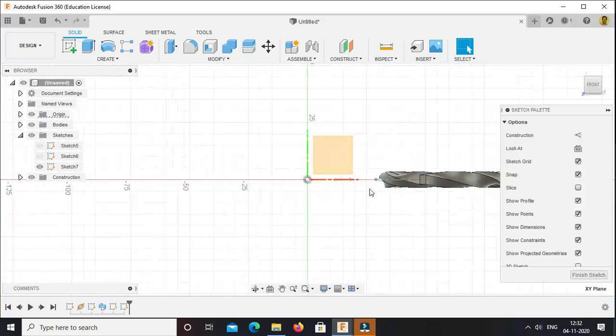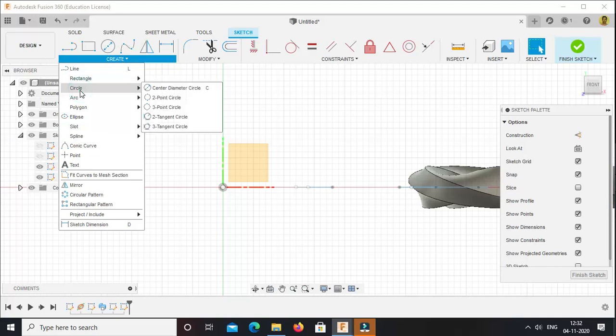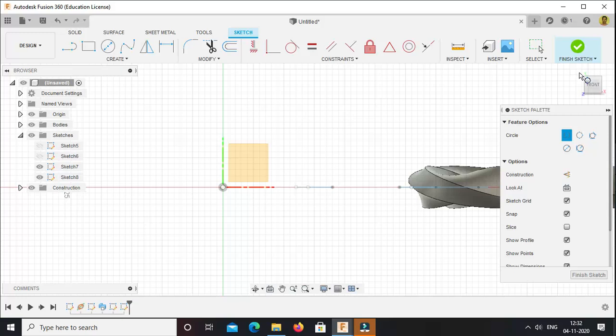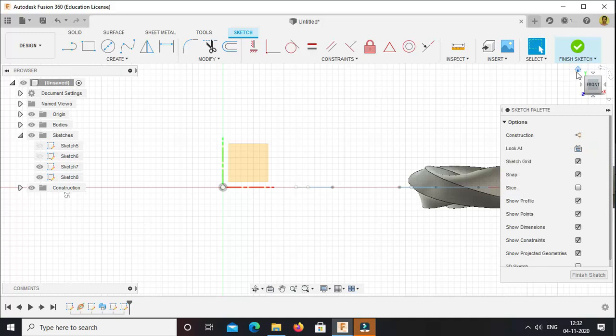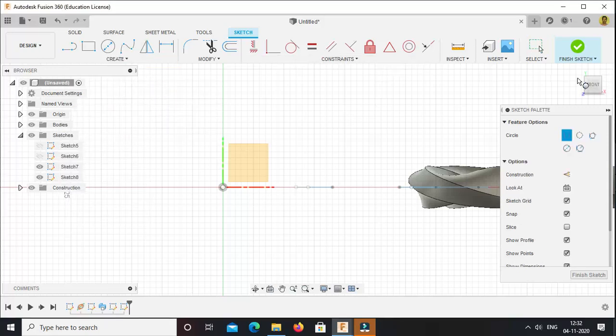Now I will select this plane, then go for the sketching option, create sketch. Now I am going to draw one circle, joining the end points. Here I select the 2-point circle option. Press escape.